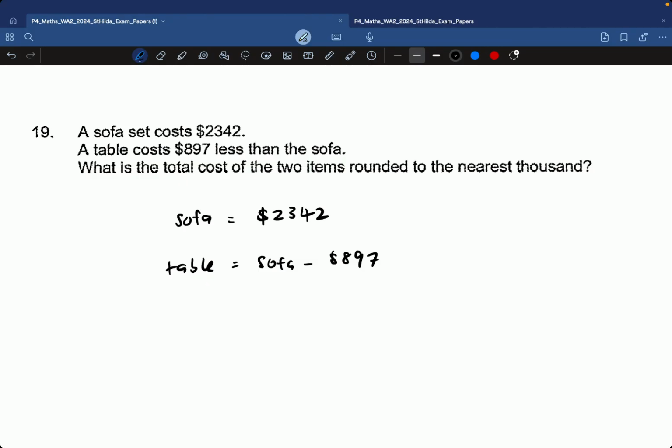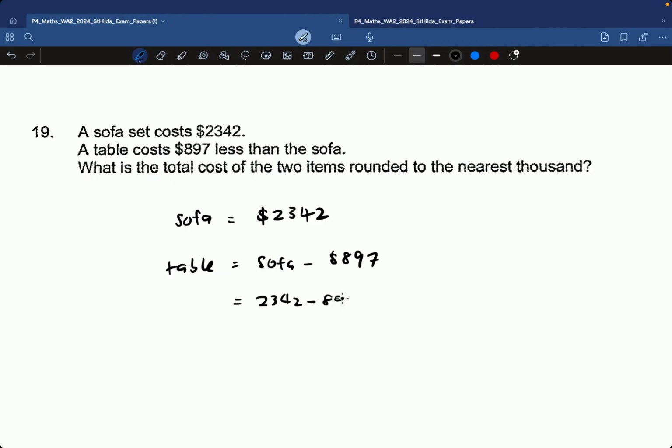Okay. Now, the next question is, what is the total cost of the two items rounded to the nearest thousand? Okay, so now we have this. We know the cost of the table since we know the cost of the sofa. So let's subtract this. So table is equal to